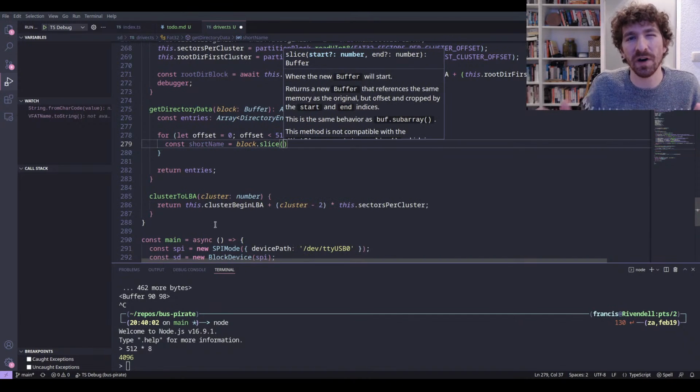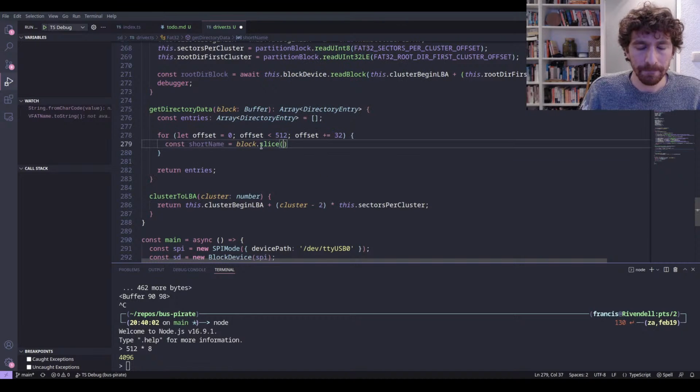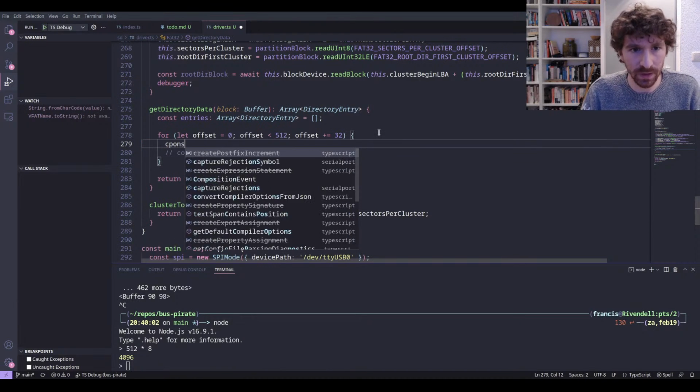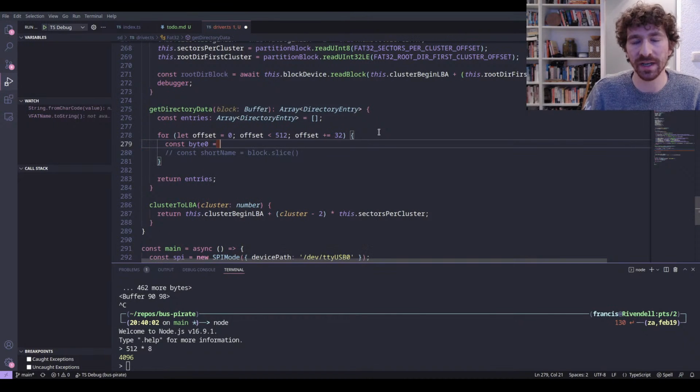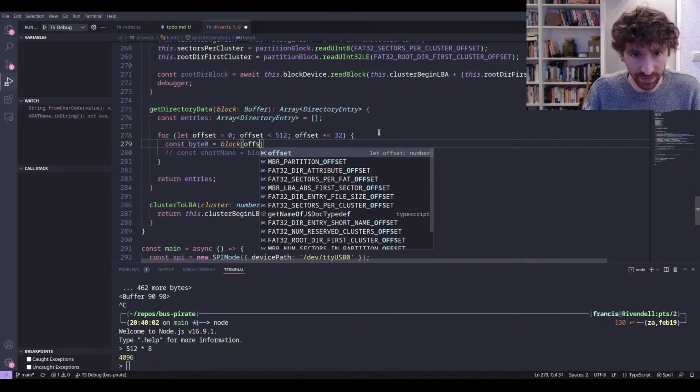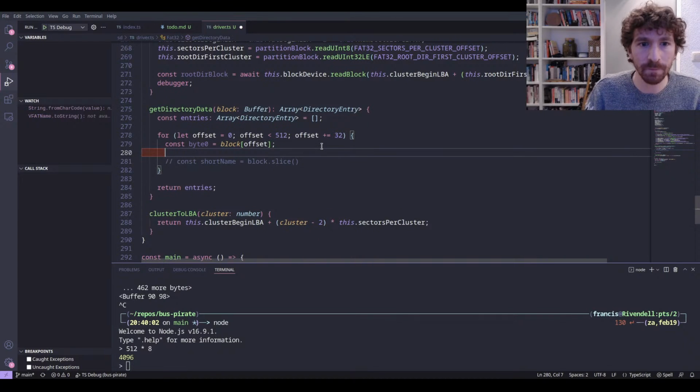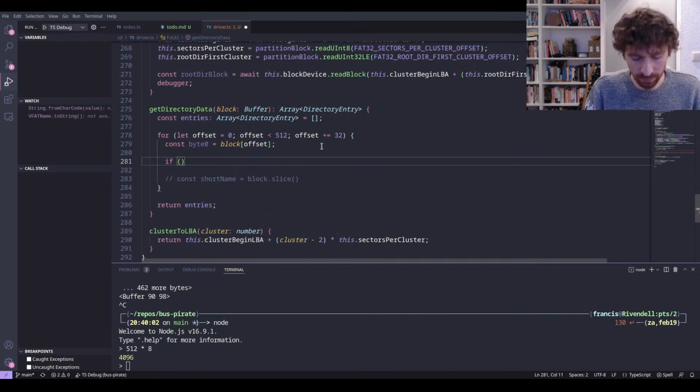So we'll have another buffer that comes from this, and there's a reason that I'm not converting it directly to a string now, and we'll look at that in a second. Let's grab what we'll call byte 0, so the very first byte of the short file name, and we get that just by looking at the block at that offset. And as I mentioned before, right, if byte 0,